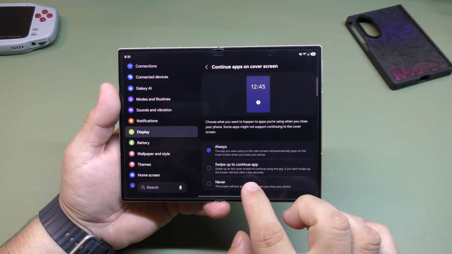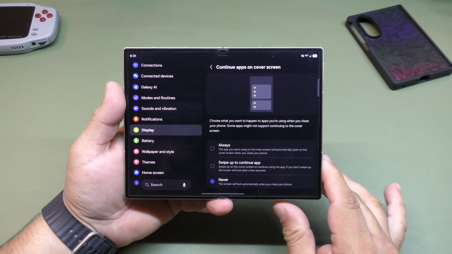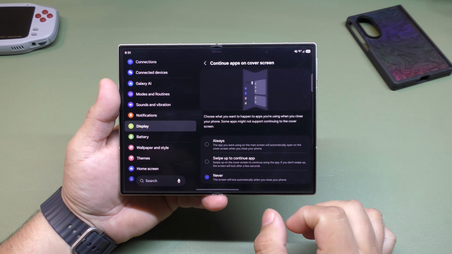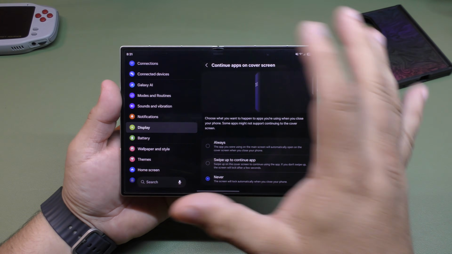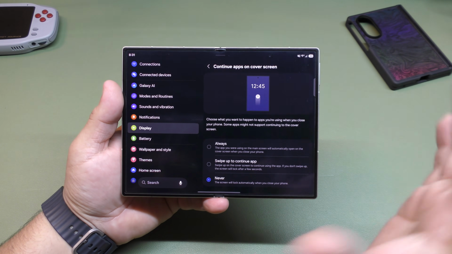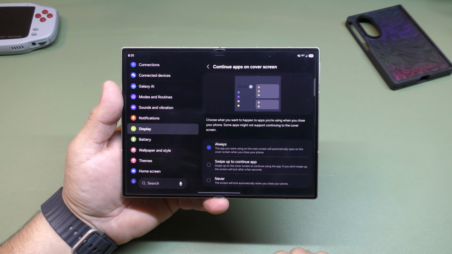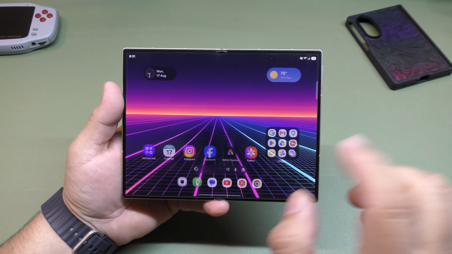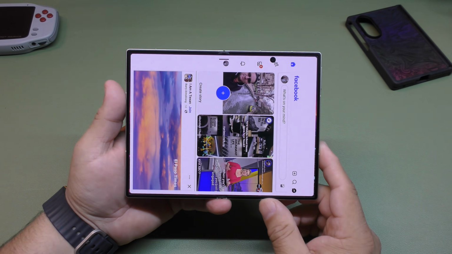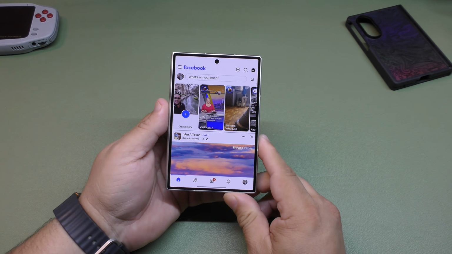Of course, by default, I think when you use this for the first time, it's on never. So when you close it, the screen turns off, or I think it goes to the lock screen. This is how I leave it: I leave it on always, and basically that's it. That way when you have an application open, you go to the cover screen and boom,